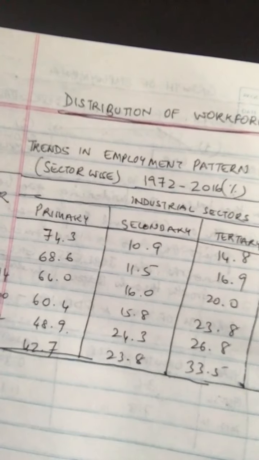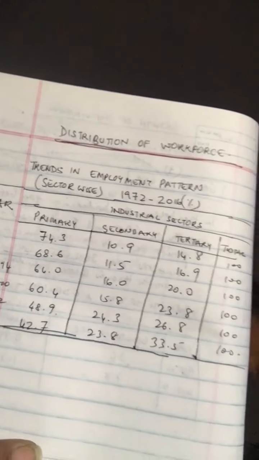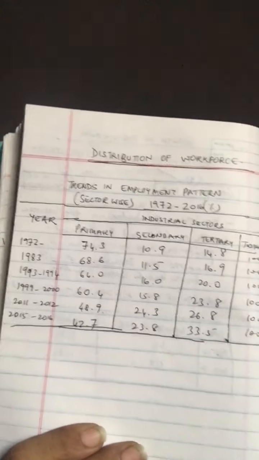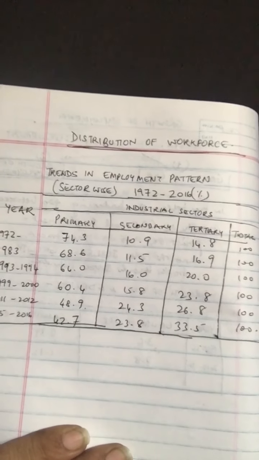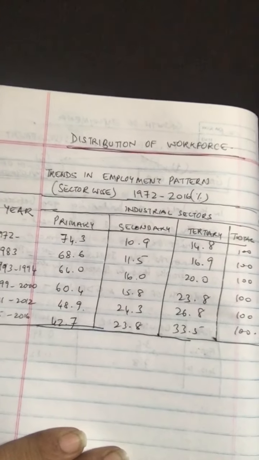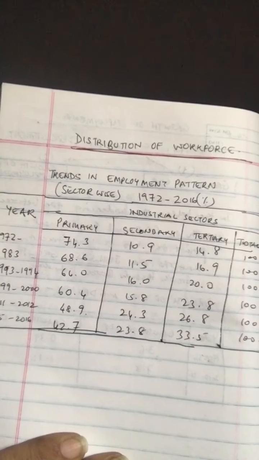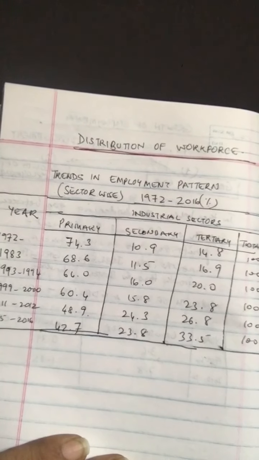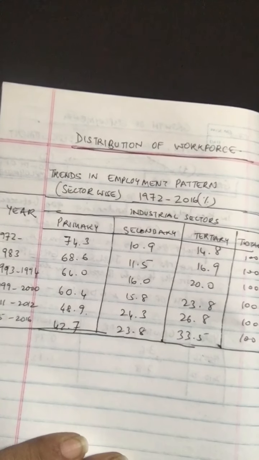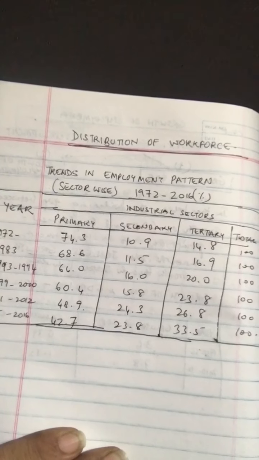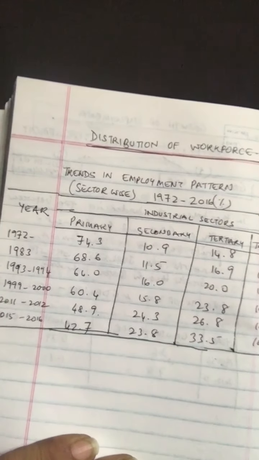The primary sector is still the largest sector in terms of employment. The other important sector is the tertiary sector, whose share is 33.5% in employment. The biggest hurdle in the growth of employment in India is the less share of the secondary sector, that is the manufacturing sector, in total employment. So we see that